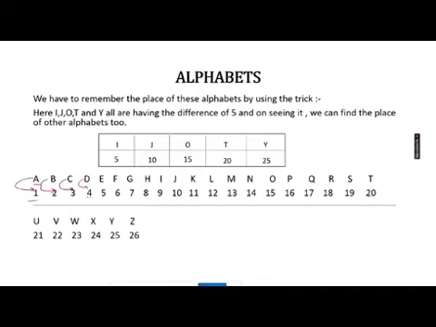For example, we are using a trick over there also. "Ejoti" is the trick, and all the letters I, J, O, T, Y are having a difference of 5. So for learning the chapter that is alphabets, first of all we should remember the value, or the position, of these alphabets. A is on first position, J is on 10th position, L is on 12th position, N is on 14th position. You should be knowing that.